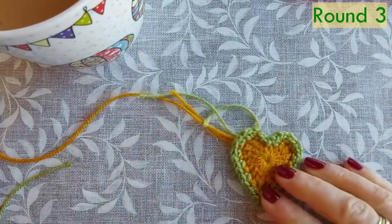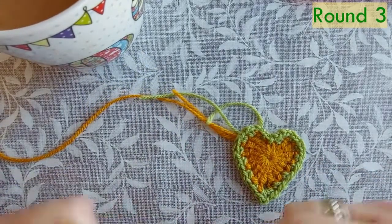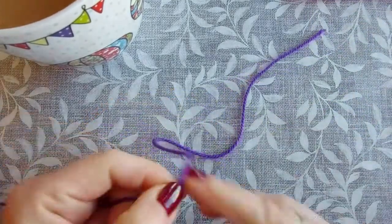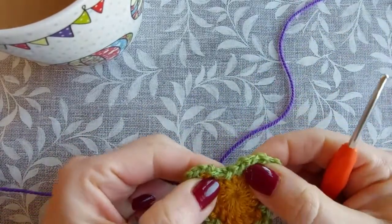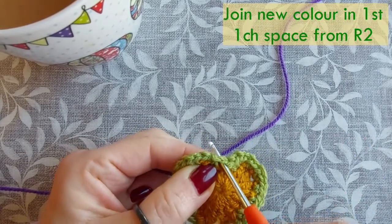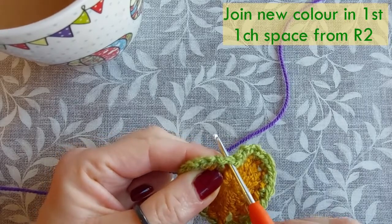So last colour is some purple. So as I say, I'm going to leave myself a reasonable chunk before I attach. Now, attaching on this round, we're basically just going into that chain space. So from where it joins at the centre there, I'm going to go into this chain space here,